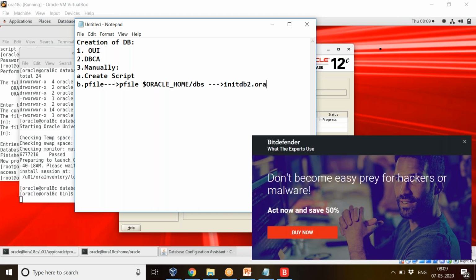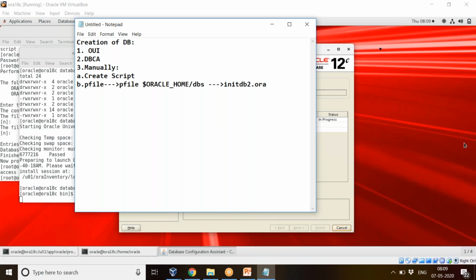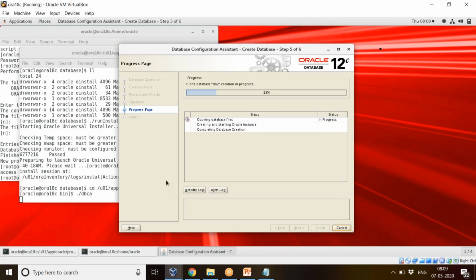Okay. So my file default name should be like this, but any name I can give. But when you give init with sid.ora only, you can identify that it is a P file. Fine. So this is how we used to create. And the create script means we have to specify the location of data files and redo log files. Fine. So this is how the manually creating database we have. Now we'll create it. So using DBCA also it's getting created.